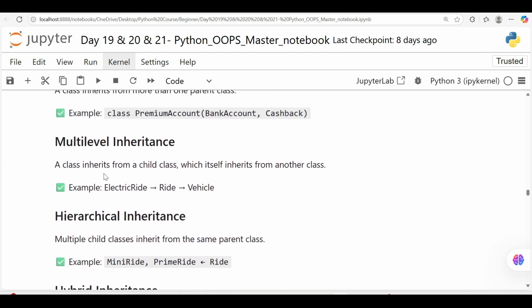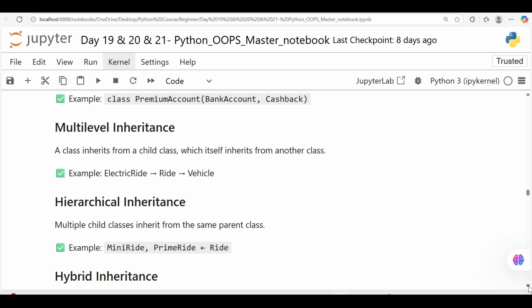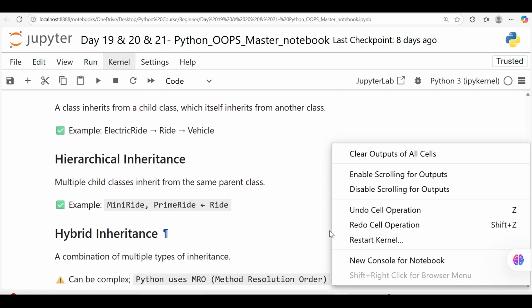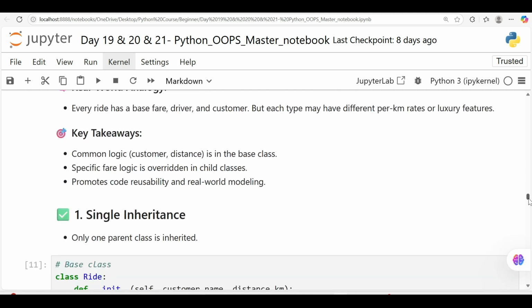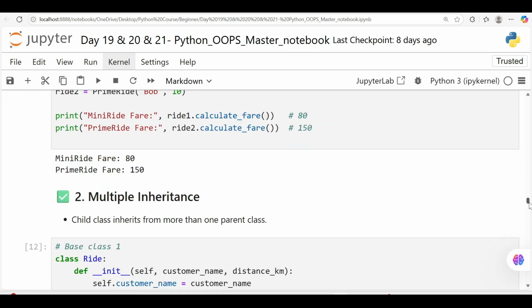A class inherits from a child class, which itself inherits from another class. So we have multiple levels of inheritance here. Let me scroll down here and go back to